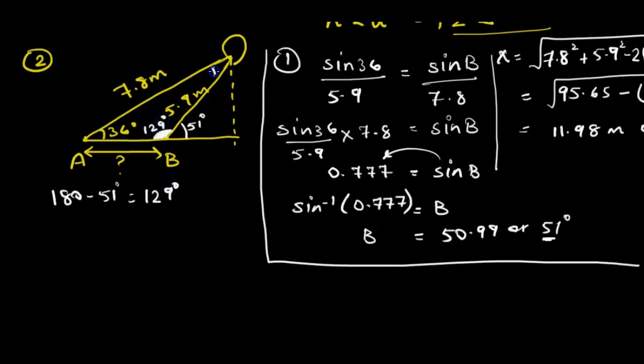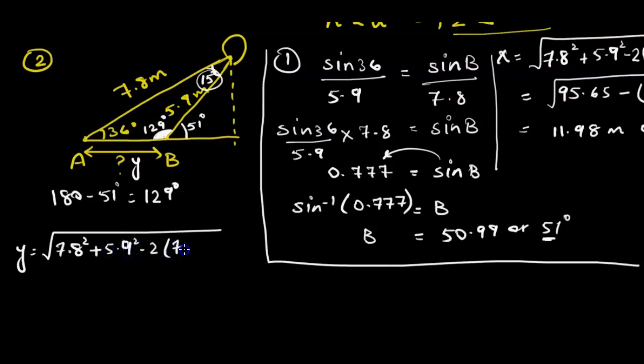Now to find out this angle, we would be adding 36 and 129 degrees, and we would get a 165 degree angle, subtracting from 180 to get a 15 degree angle here. Now to solve for side AB, when we apply cosine law, the angle that we would be taking is 15 degrees. So side AB, let's call this side Y, would be equal to square root of 7.8 square plus 5.9 square minus 2 times 7.8 times 5.9 times cosine 15 degrees. And this would give us